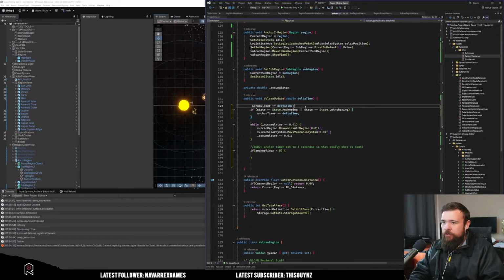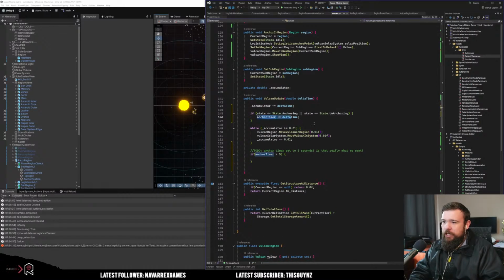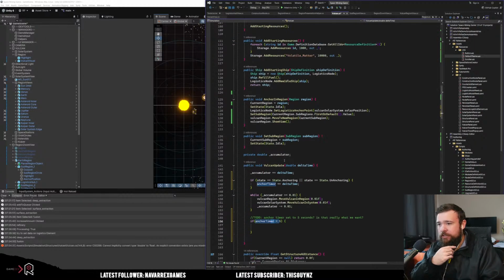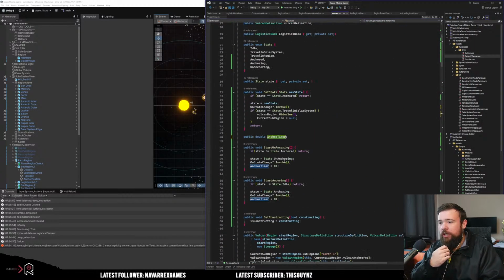Okay, those are the only situations in which the anchor timer gets flipped. Okay, so once the anchor timer is done,